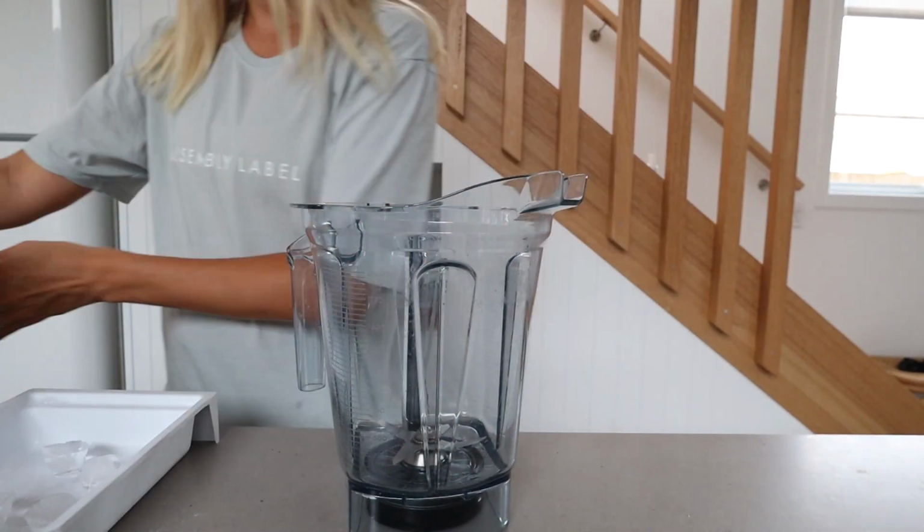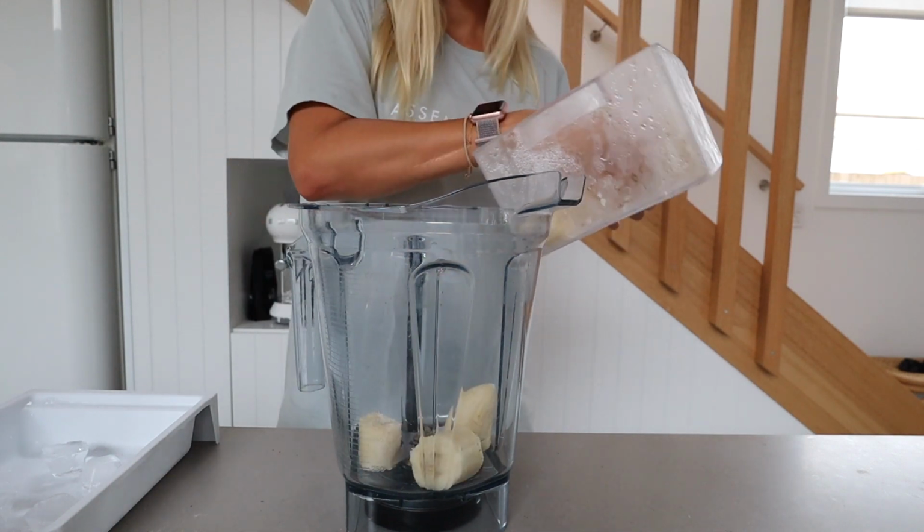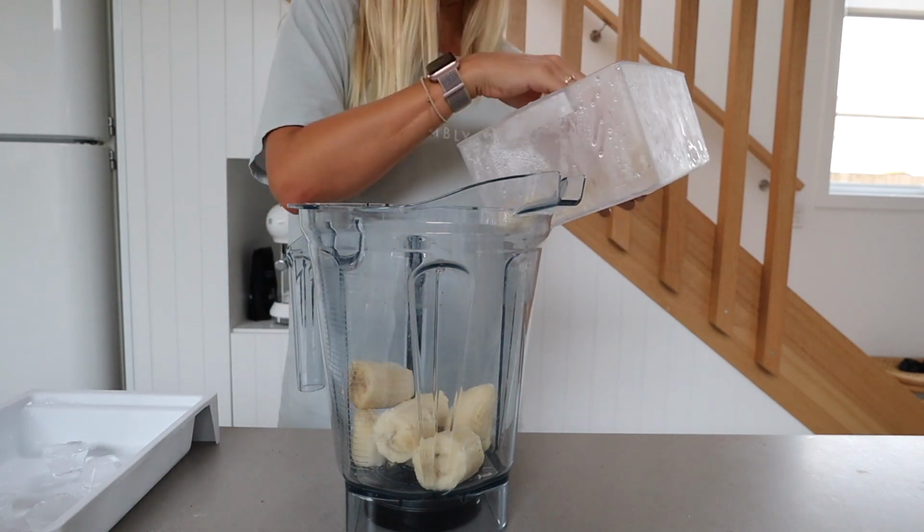So I'm going to show you my current smoothie recipe that I'm obsessed with, and that I've been having most days. Okay, so into my morning smoothie that I'm really obsessed with at the moment, I put 1.5 bananas that are frozen,